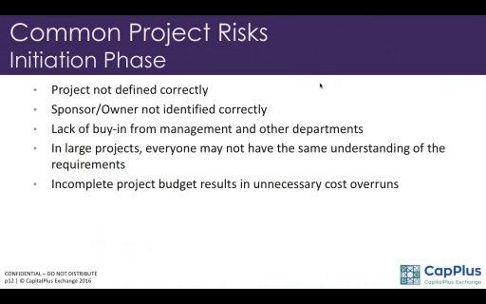Yeah, one of the biggest issues is that you don't define the project correctly. You need to define the boundaries in terms of what you want to do and what you want to achieve, and what period you want to achieve these things. Then you need a sponsor or an owner, and some projects don't identify the sponsor or the owner, and there are so many people making decisions. So many people want different things to be defined or delivered. So that creates huge project risks at the initiation stage.